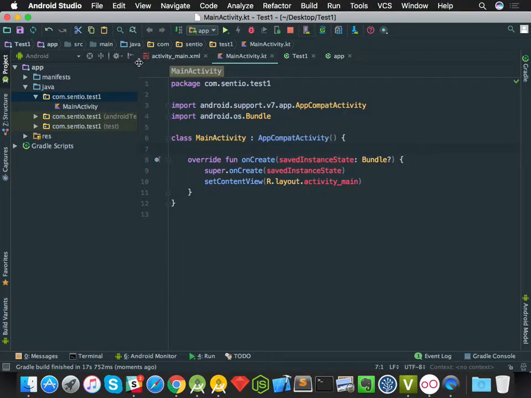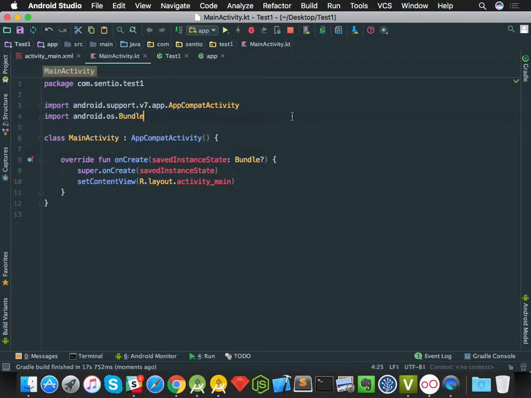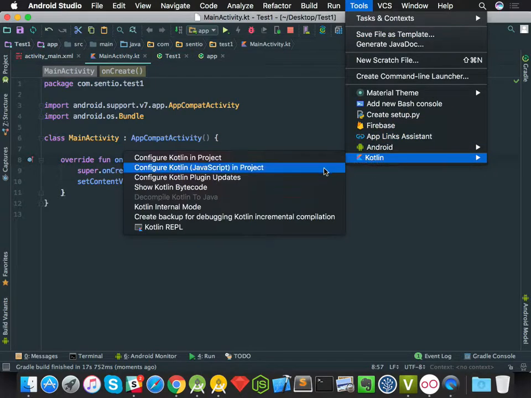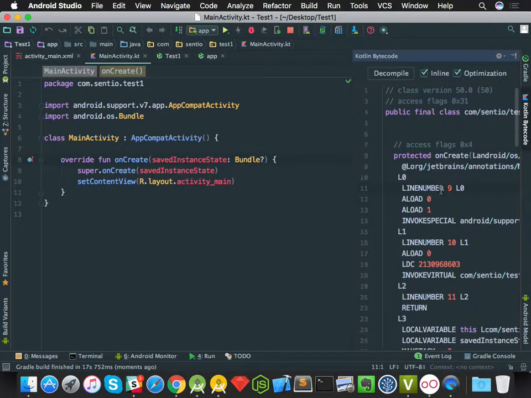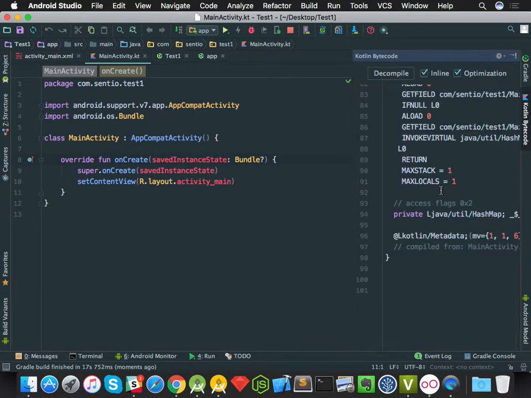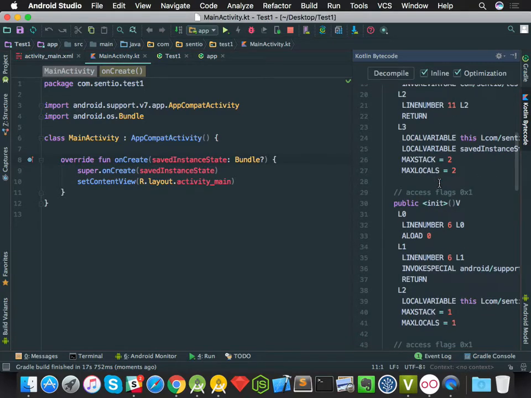So, how does Kotlin work? You can see that Android Studio has a really good feature so that you can see the code that has been converted by Kotlin. By clicking on Tools, Kotlin over here, and then Show Kotlin Bytecode. Click on that. It's gonna take some time. This is the smali code. What is that? This is smali code, like